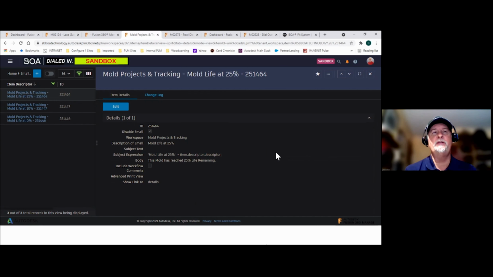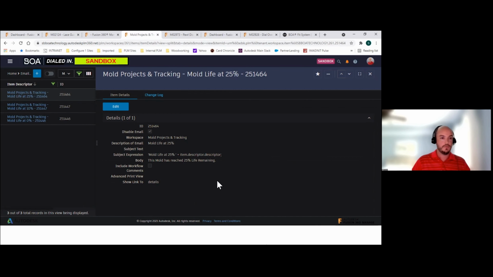Scott, I really like the disable email function in this, the second field from the top. Those are all enabled in the production tenant, but whenever I clone my production tenant over to my sandbox, I just run a simple import that sets that flag to disable all my emails at one time, so that in my sandbox, no matter what I'm testing, nobody gets those test emails. Yep, that's an excellent point, Dave.